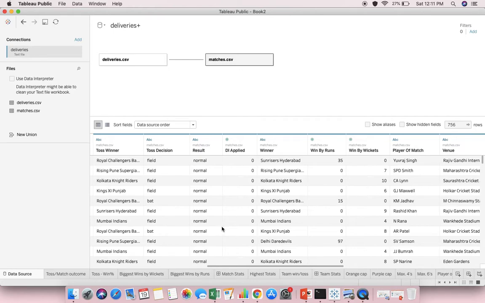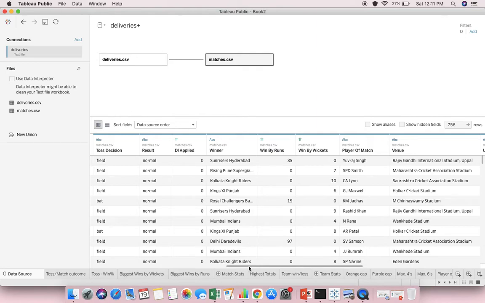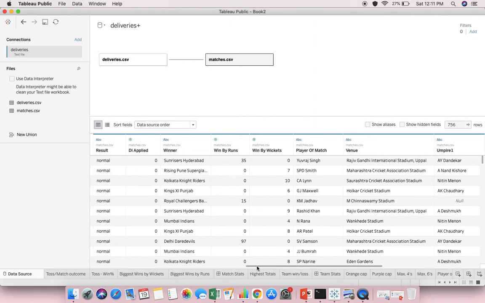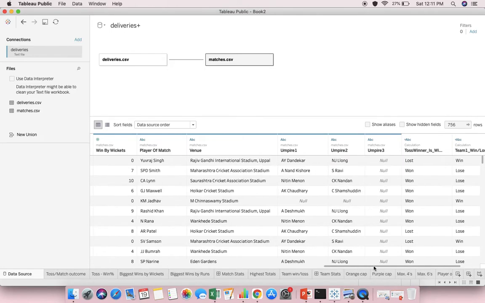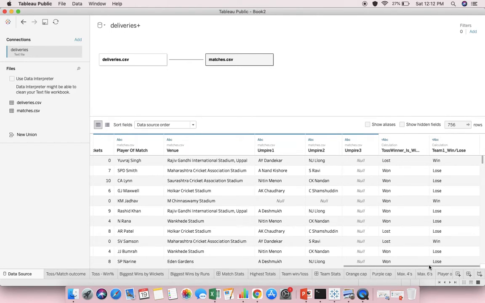Was it a tie or a normal one, or if there was no result, and who was the winner, and how did the winner win, was it by runs or by wickets. And we have the player of the match and the venue, the stadium name, the umpire names,